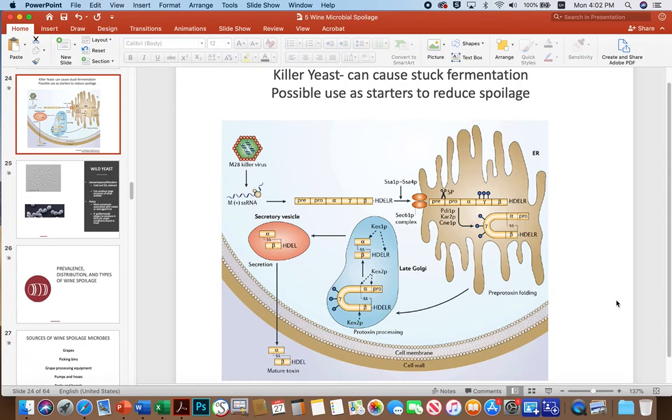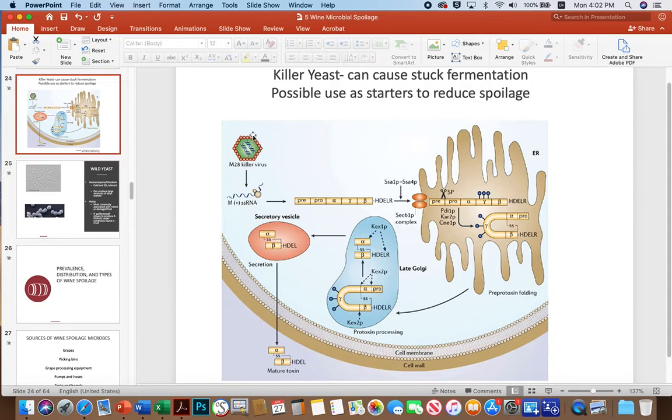Actually, it can be a cause of stuck fermentation, because obviously the killer yeast can kill your primary yeast, but they can also be used as starters to reduce spoilage and again kill wild yeasts and other things that might compete. So a killer yeast is formed by first being infected by a particular virus, in this particular case M28 killer